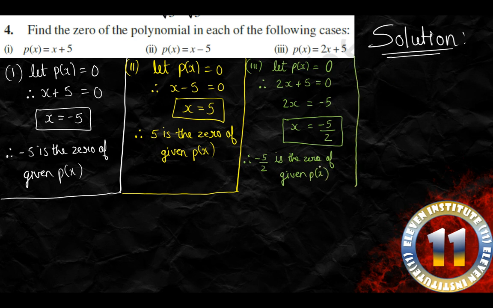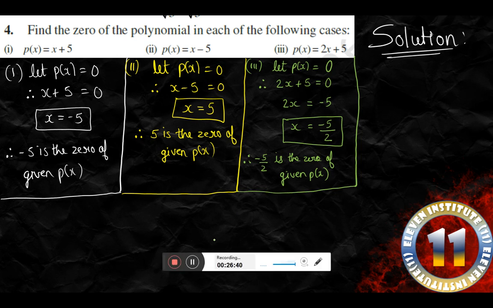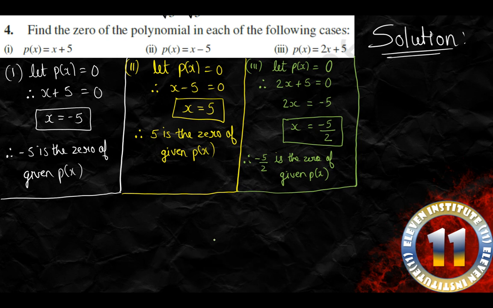Fine. So this is how we find the zeros. Just by taking the polynomial as 0, we get the answer of x. Clear? Please pause the video and write this down in your CW. Alright, let us move ahead and see the next questions in the same, 4, 5 and 6. Let us solve them. Let us solve the fourth one.